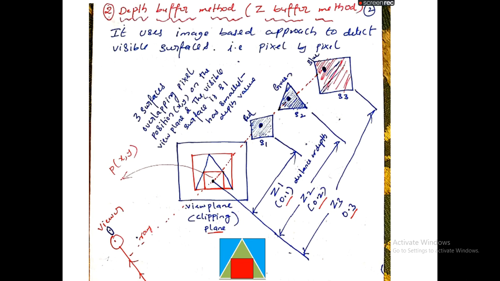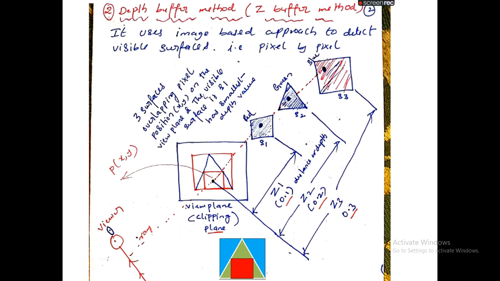It will update the depth buffer, storing the smallest depth of the green color, that is surface 2, and it will store the green color for that particular pixel in the frame buffer.